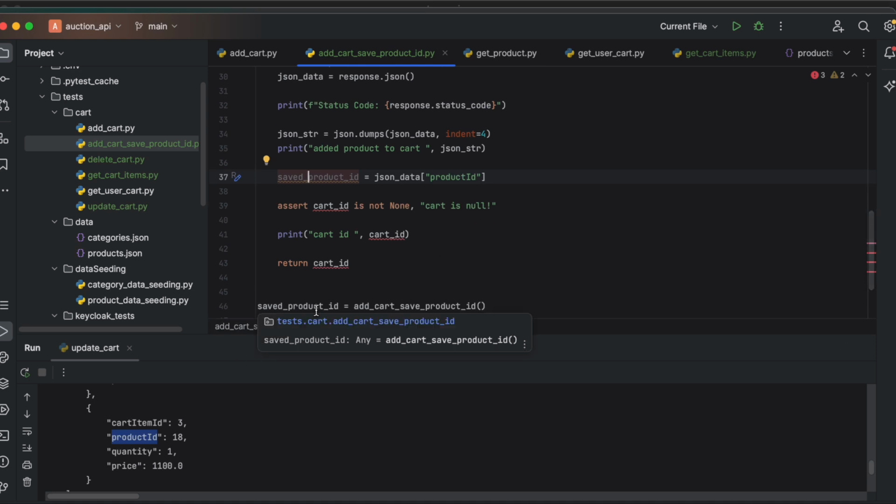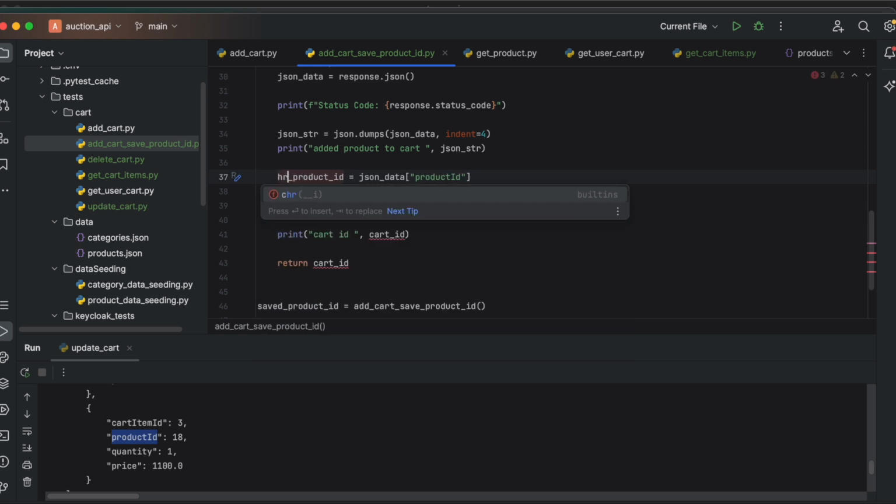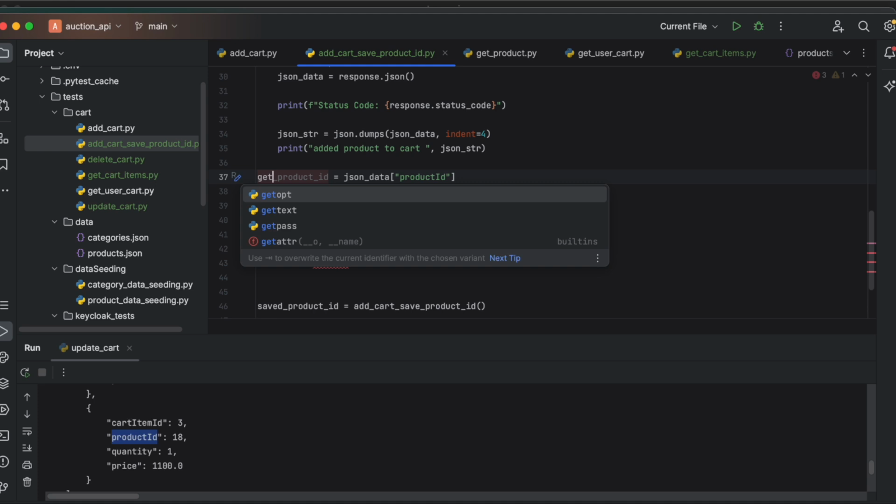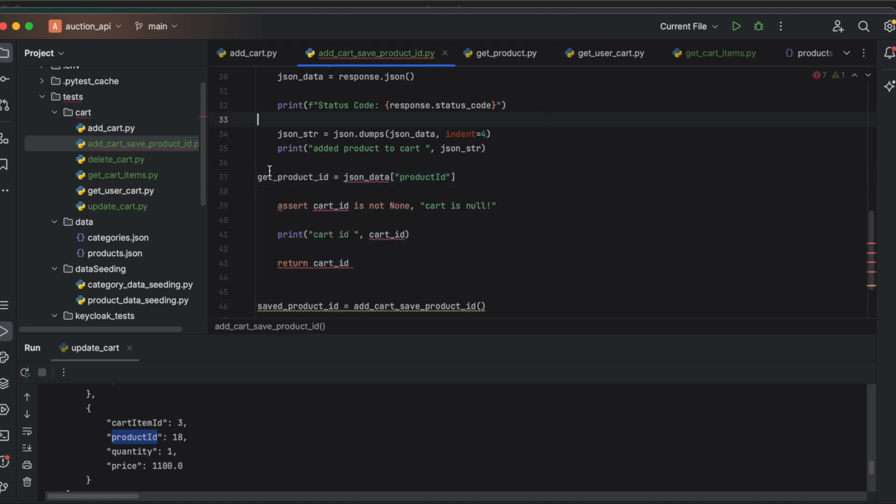This is saved product ID. Get product ID. Let's do get product ID. Get product ID. This get product ID, we save that product ID. We assert that it is not